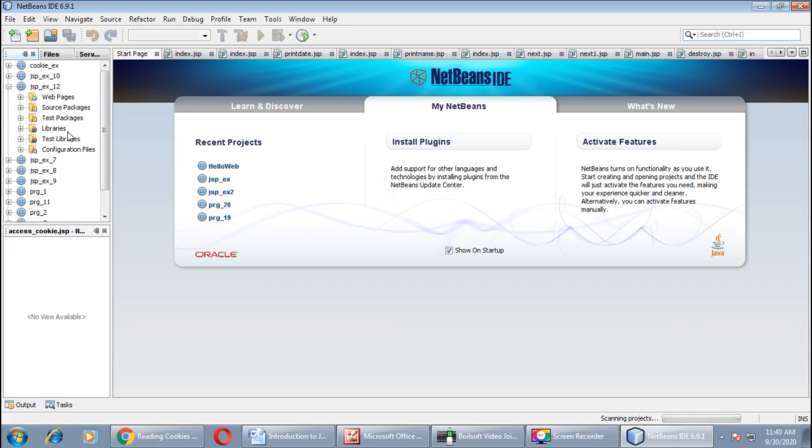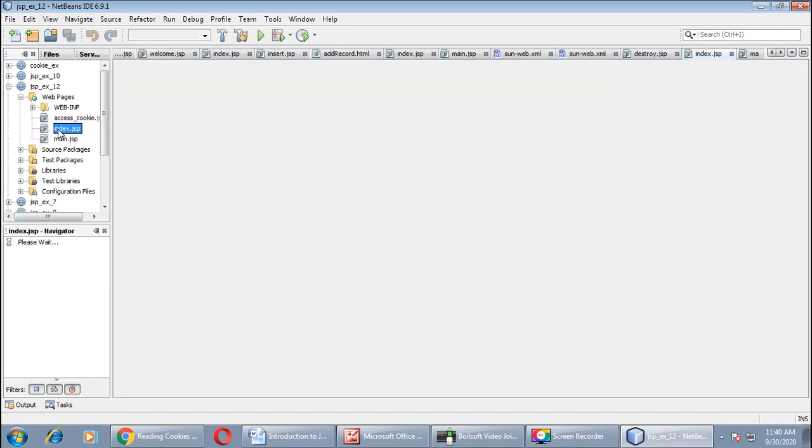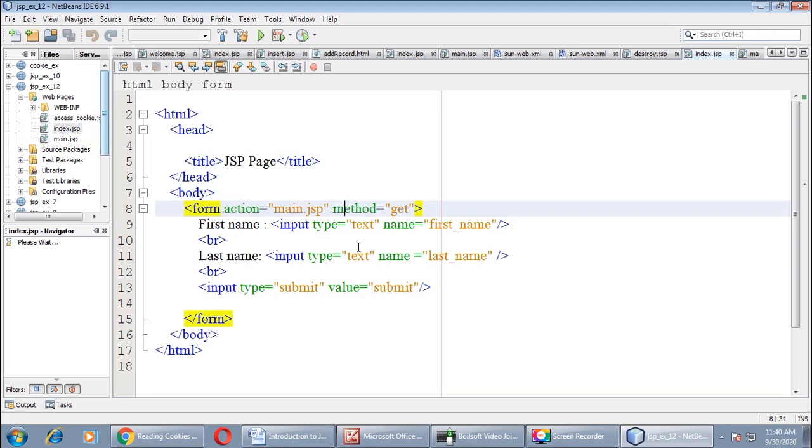It will take some time. Progress bar is running. Index page is loaded. Here we provided two text boxes, one for entering first name and one more text box for entering last name, and we provided one submit button also. By clicking on this button we will move on main.jsp.